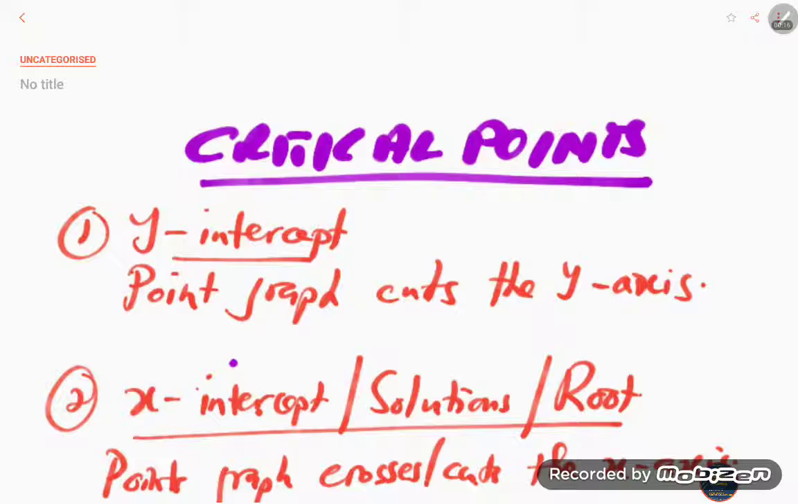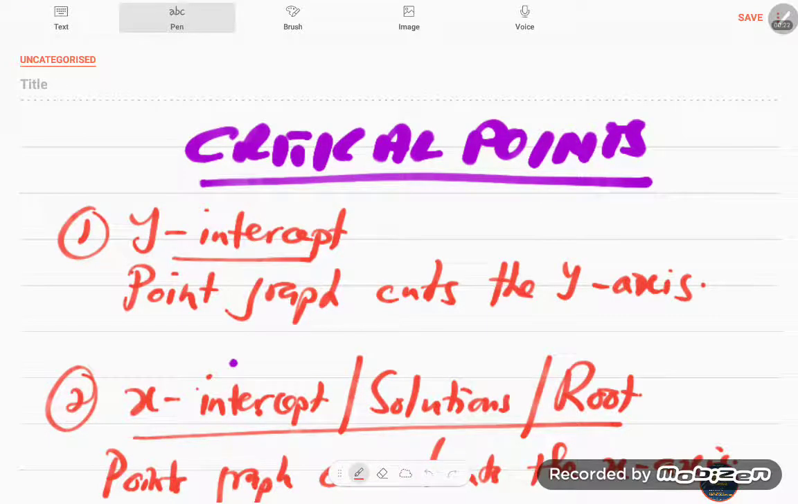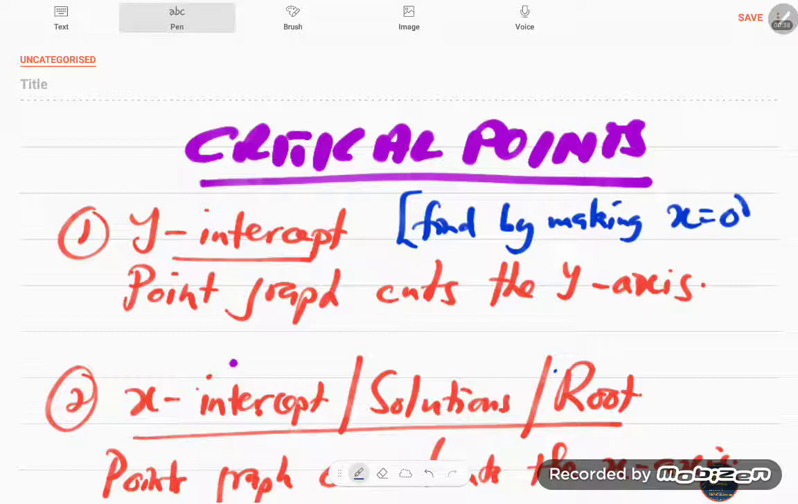So the y-intercept to begin with, we are going to find by making x equal to 0. I'm just going to put those in a different color so you can see that. So here we find by making x equal to 0 in our equation, and then solving for y,